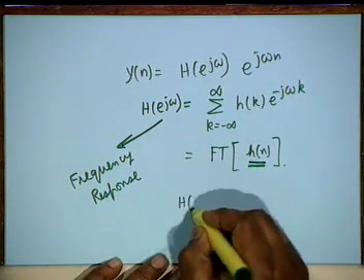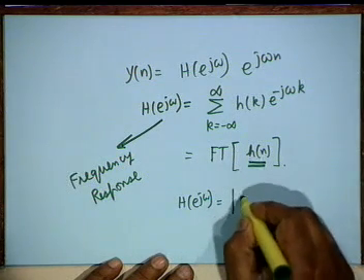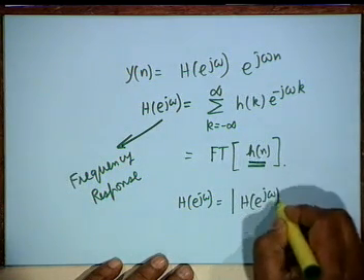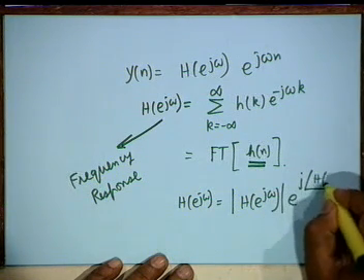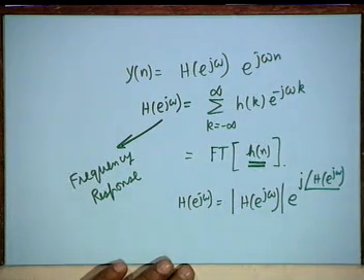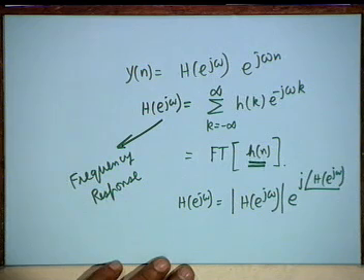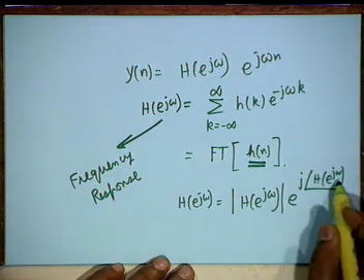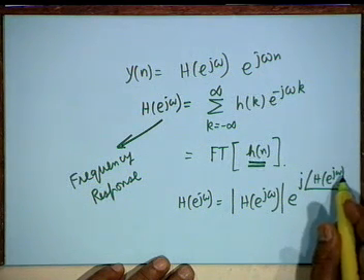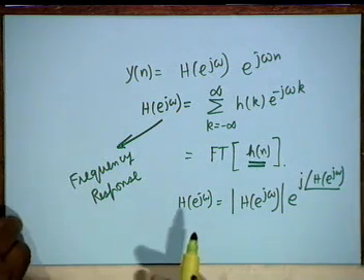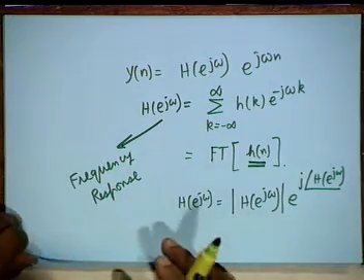It can be written as H of e to the j omega can be written as magnitude H of e to the j omega multiplied by e to the power j angle of H of e to the j omega, and magnitude must be a real quantity, real and even. Similarly, the phase is odd. Is it real? Phase must also be a real quantity. Agreed? So, angle and phase are equivalent terms.